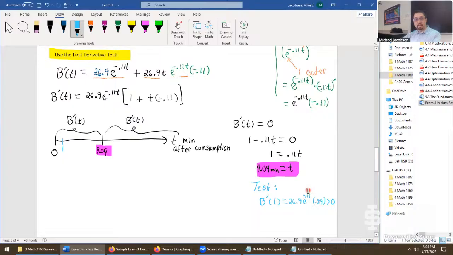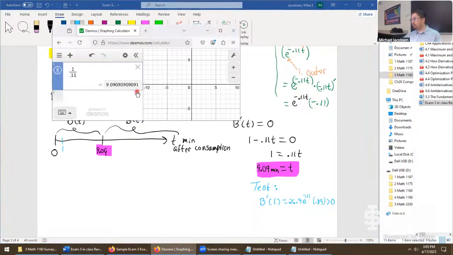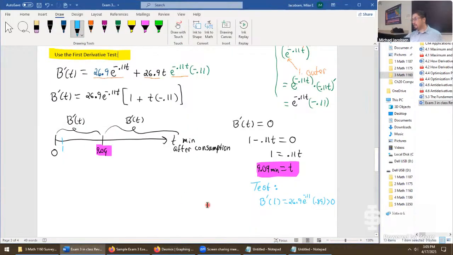Even with a negative exponential here, we can check really quickly. e to the power of negative 0.11 is a positive quantity as well. It doesn't matter how big the exponent gets, it's always going to be positive. It's never actually 0, it just has to eventually round if you give it a ridiculous exponent like this one. It's very close to 0, but not actually 0. But because we got positive here,